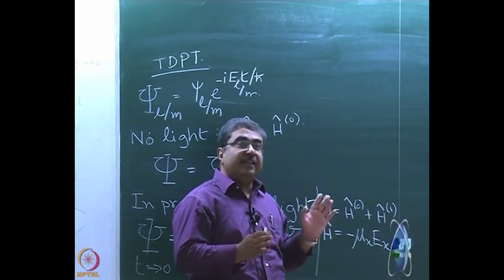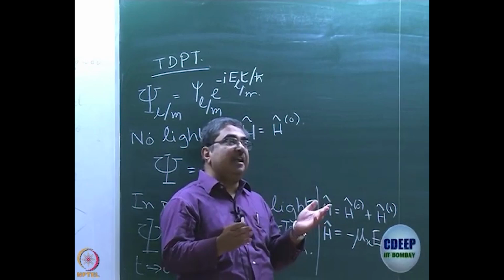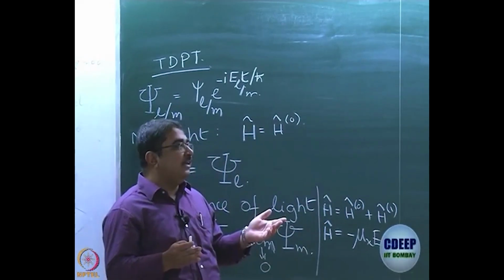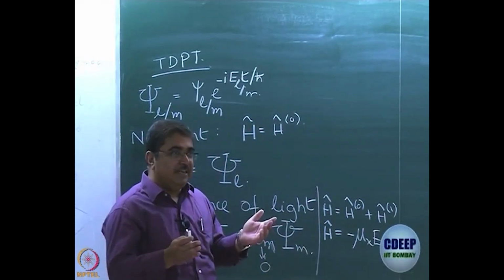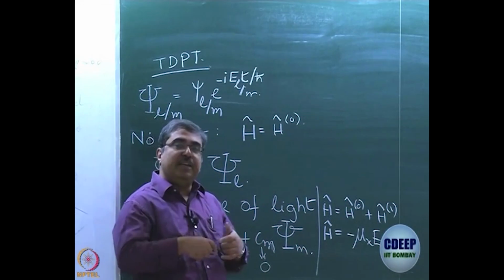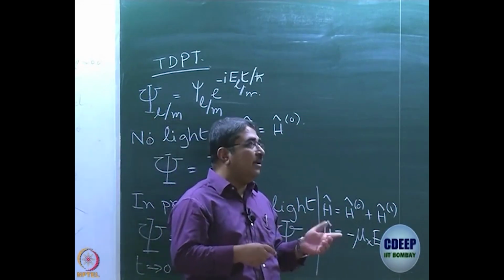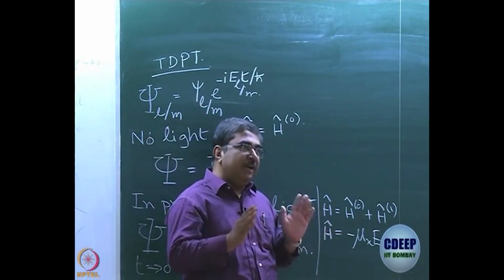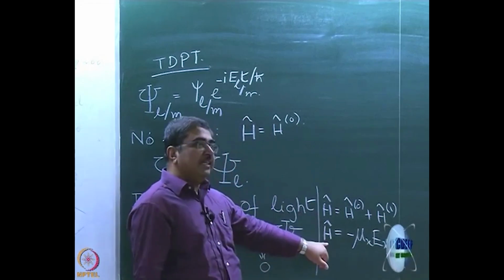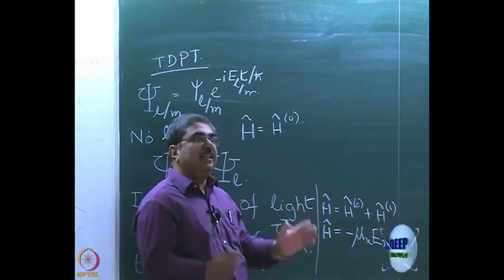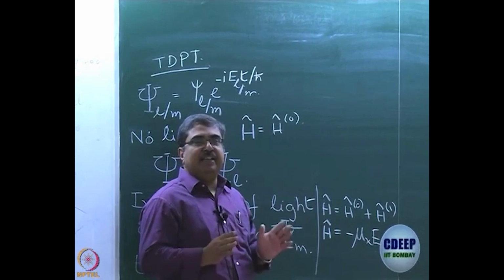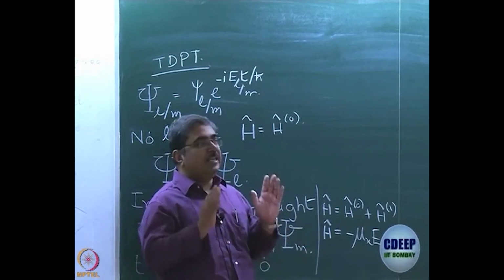Does that mean that there is no interaction between the magnetic field and the magnetic dipole? Then it does not mean that. Does that mean that there is no interaction between the electric field and magnetic dipole? No. All it means is that we are starting with the interaction that is largest. Electric field, electric dipole, this interaction is the largest.